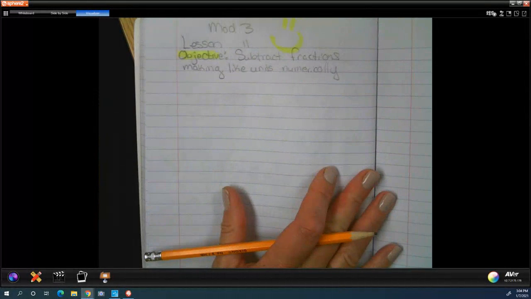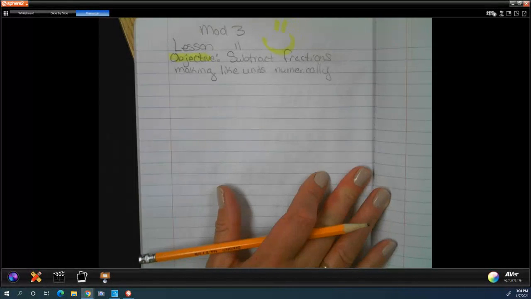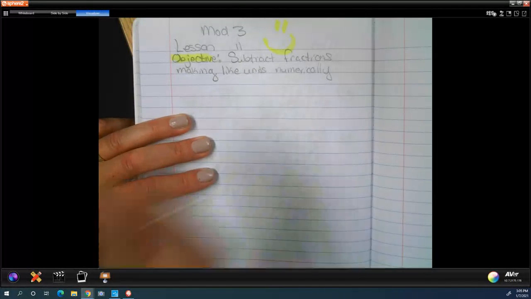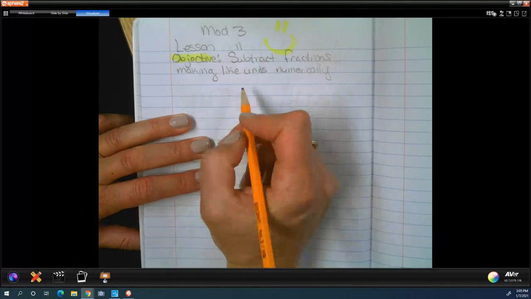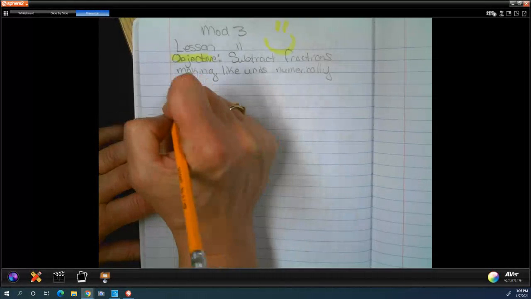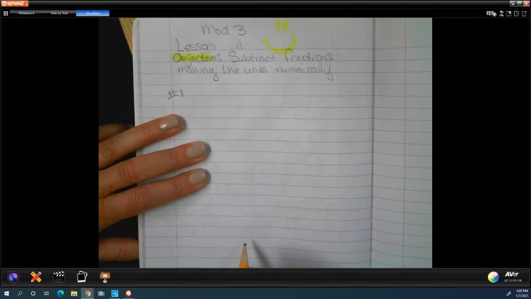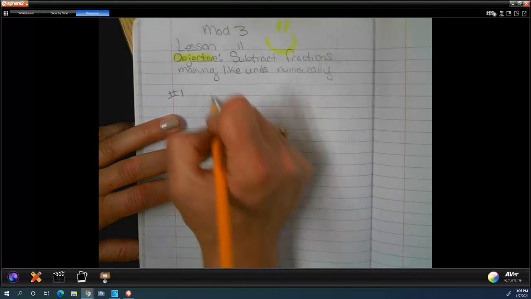The last thing we need to make sure you know how to do for this week is how to subtract fractions, making sure you have like units. We've done this quite a few times. I'm going to show you a basic one, and make sure you understand the butterfly method one more time. So let's do 3/5